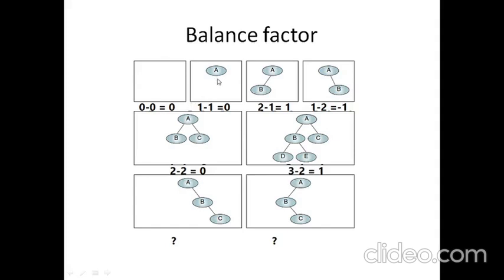Whereas in the second one, I have got a single node. So both the left and right subtrees are treated as 1 minus 1. That is because the level is 0. So adding 1 with that, it results in 1, and both the left subtree and right subtree are assumed to be at the height of 1, so 1 minus 1.